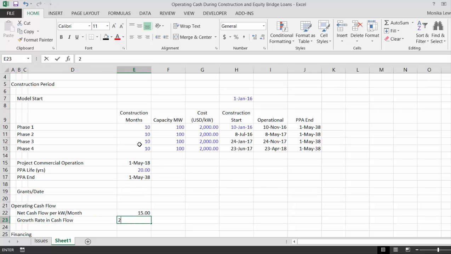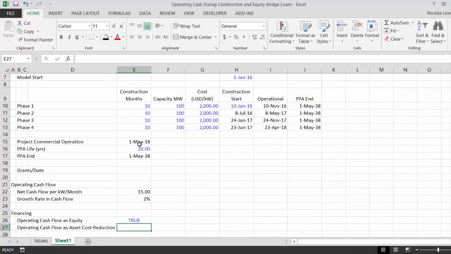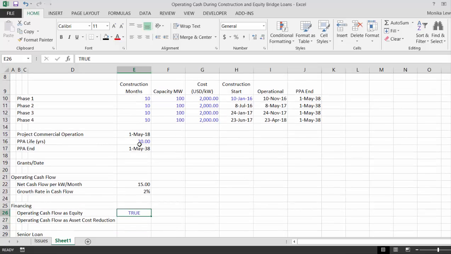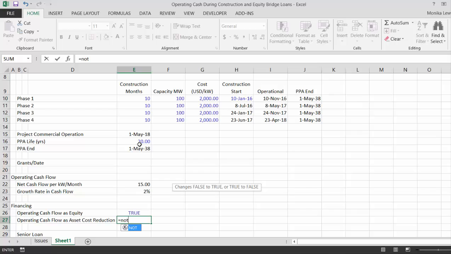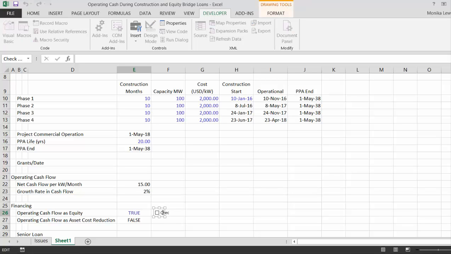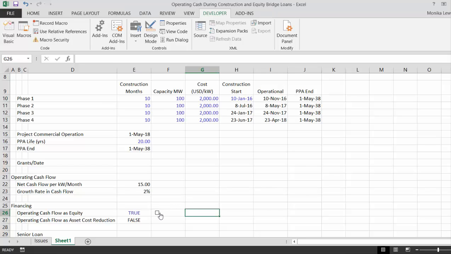We'll put a little growth rate in the cash flow. And then we're going to treat the operating cash flow as either equity or debt, and of course we can put in true or false, and we can put in our little spinner box thing to understand. This is going to be, it sounds like a nothing issue, but this issue about